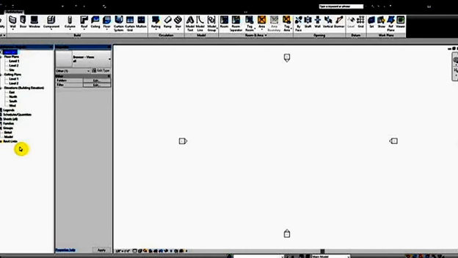Next is the groups. Groups, if you have ever used Google SketchUp, use the same principle as groups in SketchUp. You have a bunch of elements that you want to group together, and you want to move or copy or rotate all those elements at once rather than having to select a bunch of separate elements and repeating the process. It kind of speeds things up. So if you have some standardized room layout, for example, you could copy that, create a group out of it, and then just copy or place that group multiple times rather than having to select the individual elements every time. So that's what a group is, and